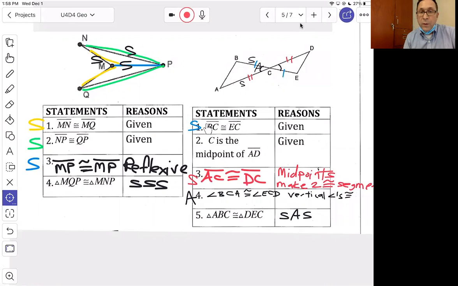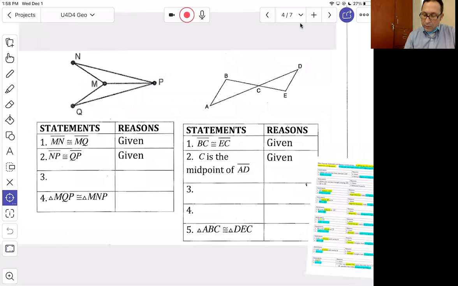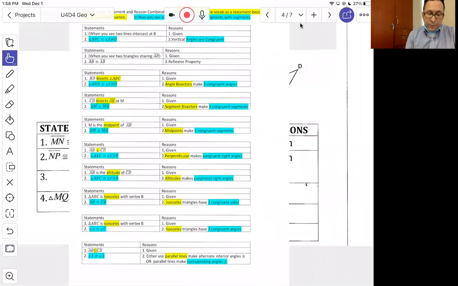We were only given one side to start off with, the sides labeled with the blue decorations. They also gave us information that C was the midpoint of AD. Now you may know that midpoints make two congruent segments. If you were not aware of that, you can use the